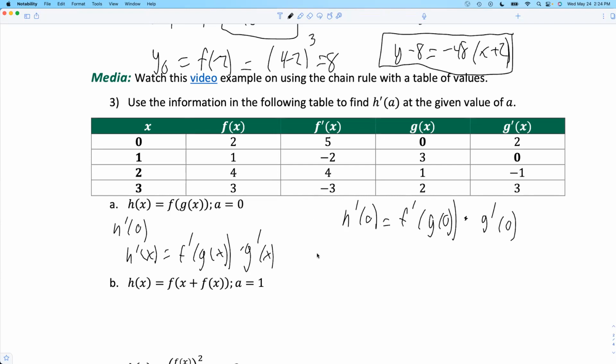Okay, so let's see what we know here. What is g of 0? G of 0 is 0. So this right here, that's saying f prime of 0. I literally said it's not f prime of 0, and it happened to be. That's pure coincidence